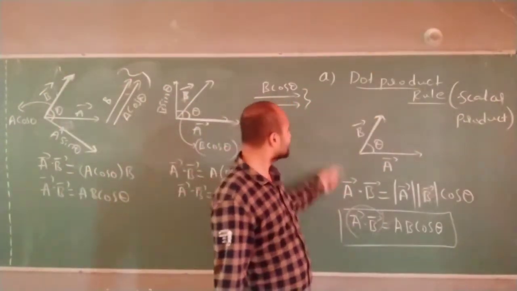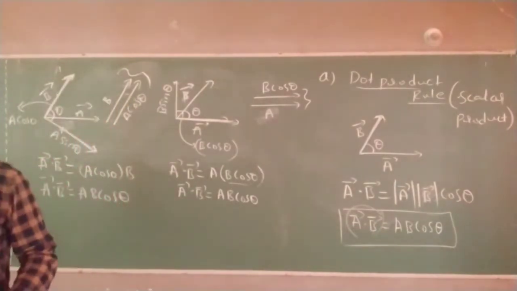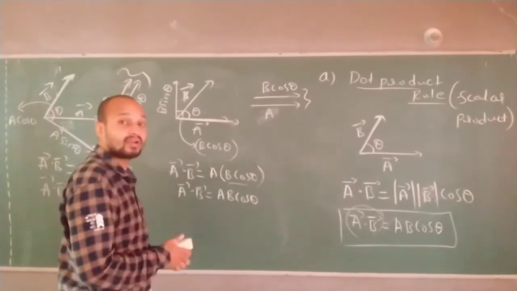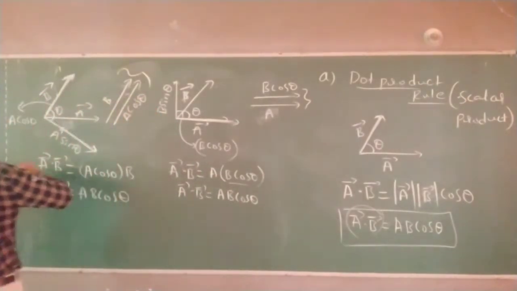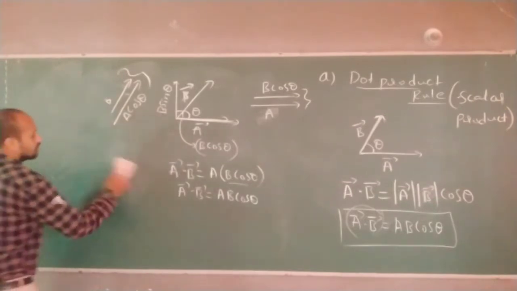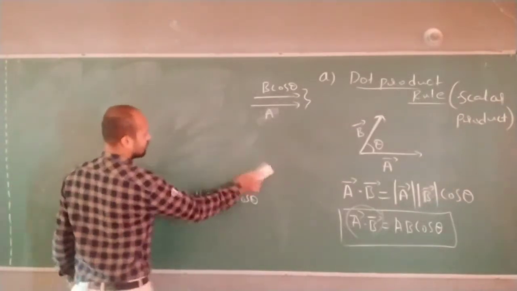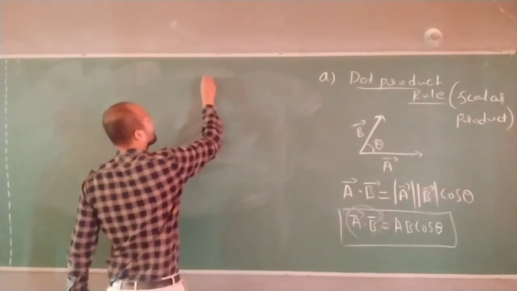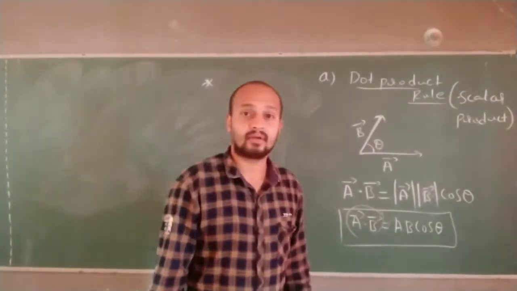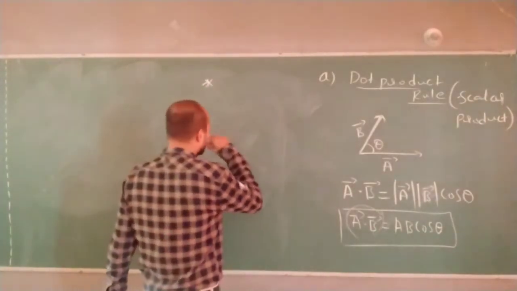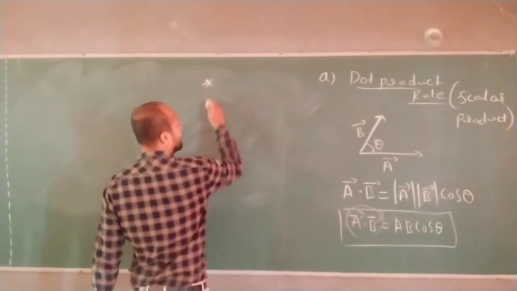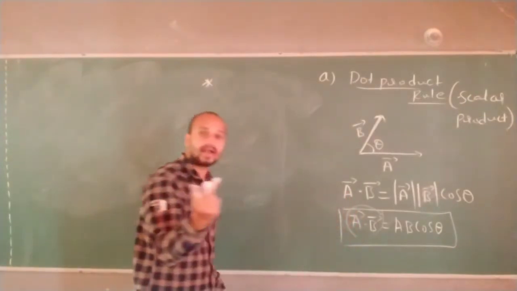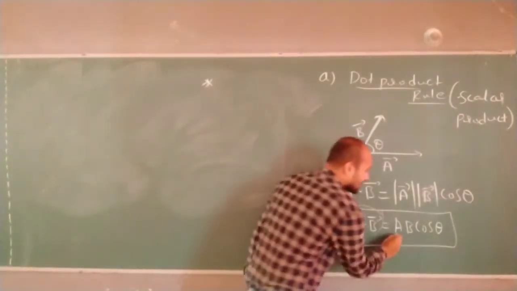So, two key points I am going to give on this. Two key points for you to understand this rule, not for exam purpose, for your understanding purpose. Here, dot product gives what quantity? After making the product of two vectors, the answer you are going to get is scalar.